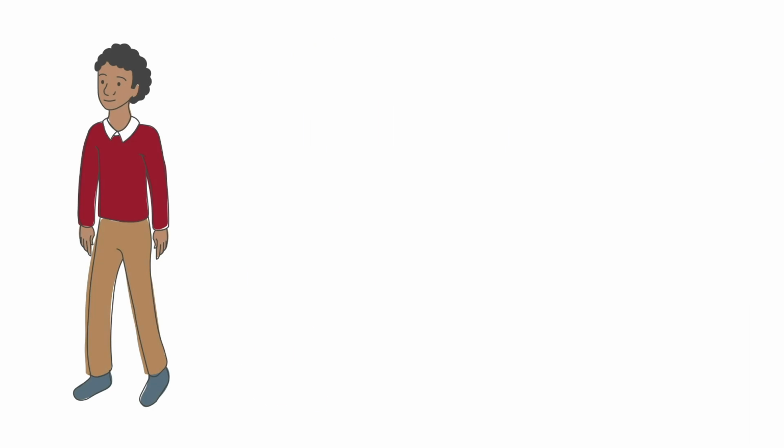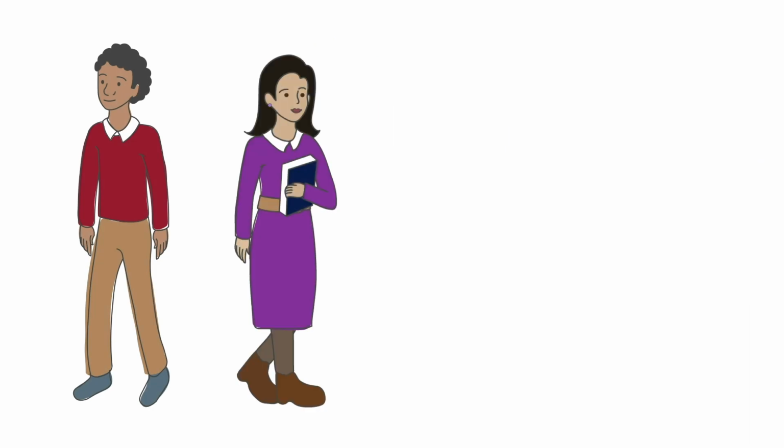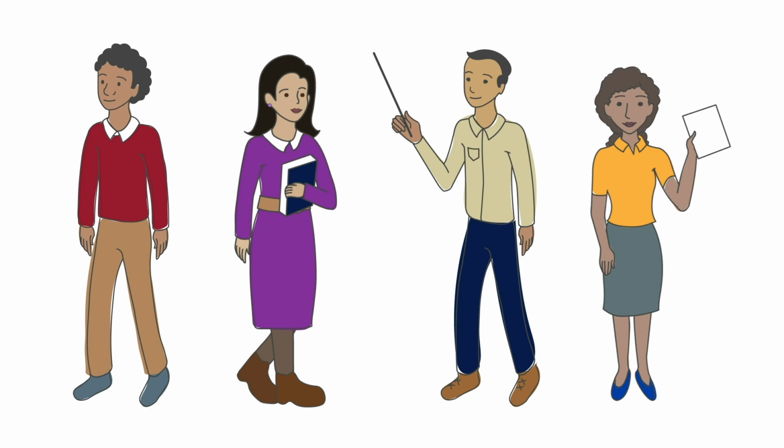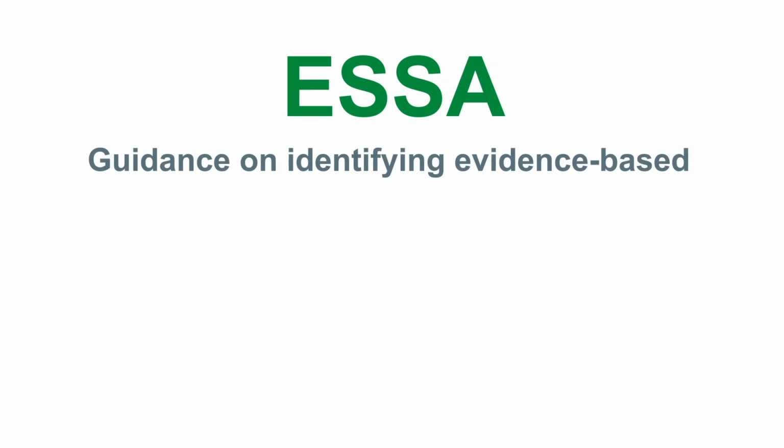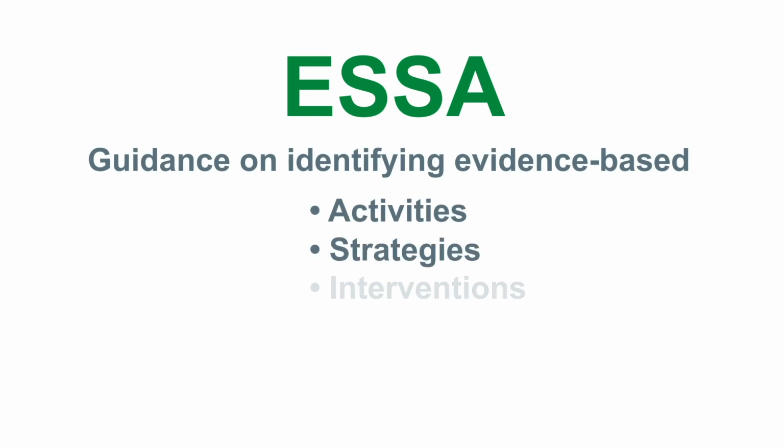Educators search for high-quality research for many reasons. One reason is to find evidence-based programs and interventions to improve student outcomes as described by the Every Student Succeeds Act, or ESSA. ESSA is a 2015 federal law that includes guidance on identifying evidence-based activities, strategies, and interventions to